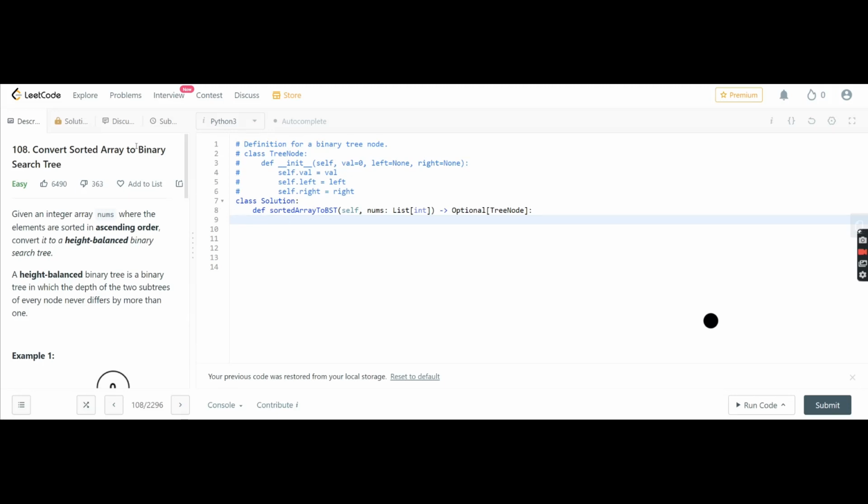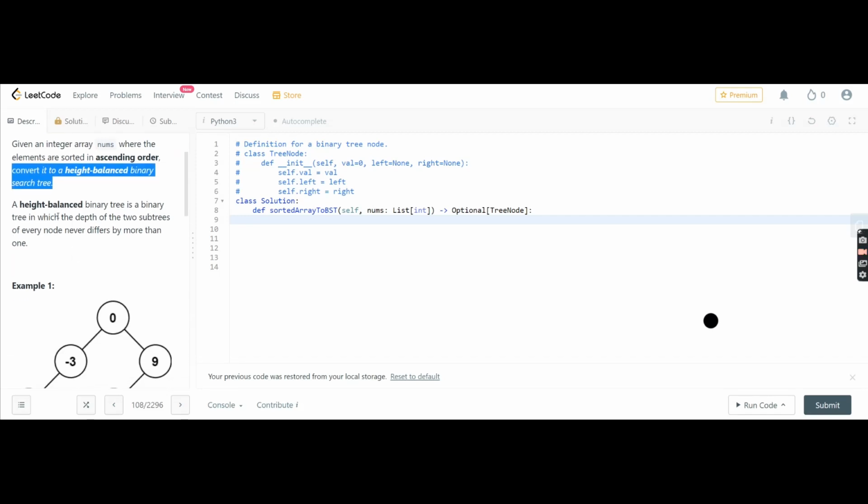So they say convert a sorted array to binary search tree. Given an integer array nums where the elements are sorted in ascending order, so the elements are sorted in increasing order, like from 0, 1, 2, 3, 4 up to infinity, convert it to a height balanced binary search tree. I covered this in the previous video, whereby I actually explained how we can